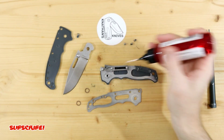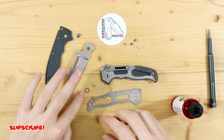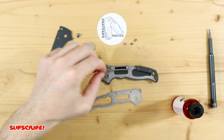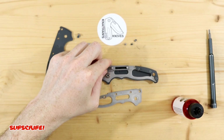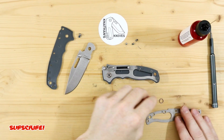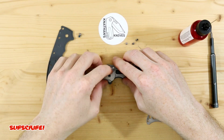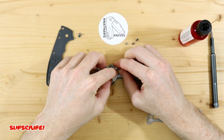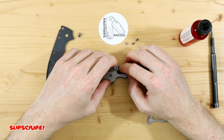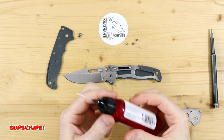Pivot pin as well. We'll grab one of these and put it on with the larger holes up right on the blade. Drop it on down, and then we're going to put the blade on just to make it easier. Now this is the tricky part where you have to get that shark lock and the spring from shooting up. So we're good there. I'm surprised it's staying in there because usually it likes to fly out. And then I'll put